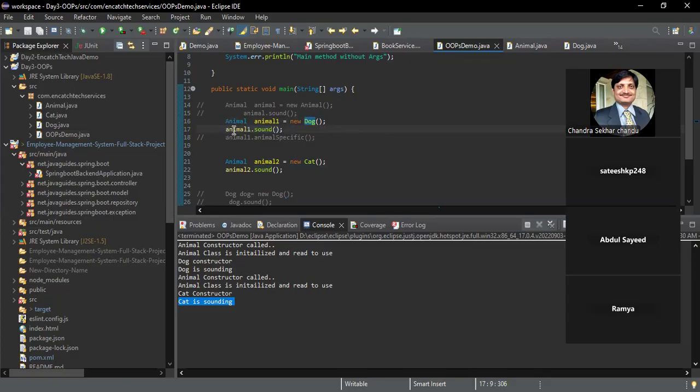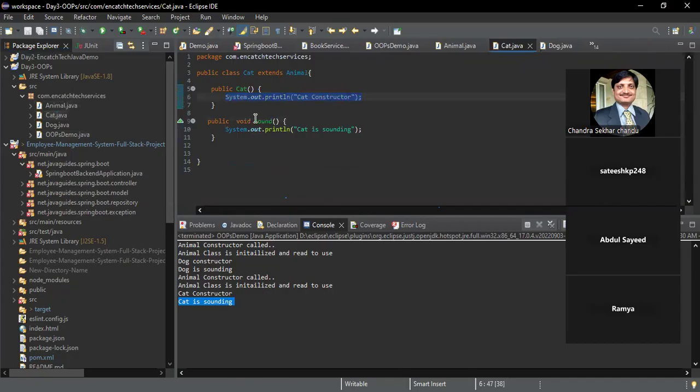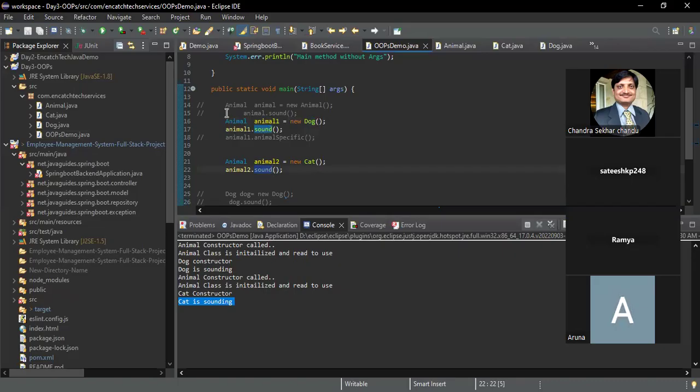That's why we are able to call that sound method and get the dog behavior, because dog has a sound method and cat also has a sound method. So we are getting both behaviors